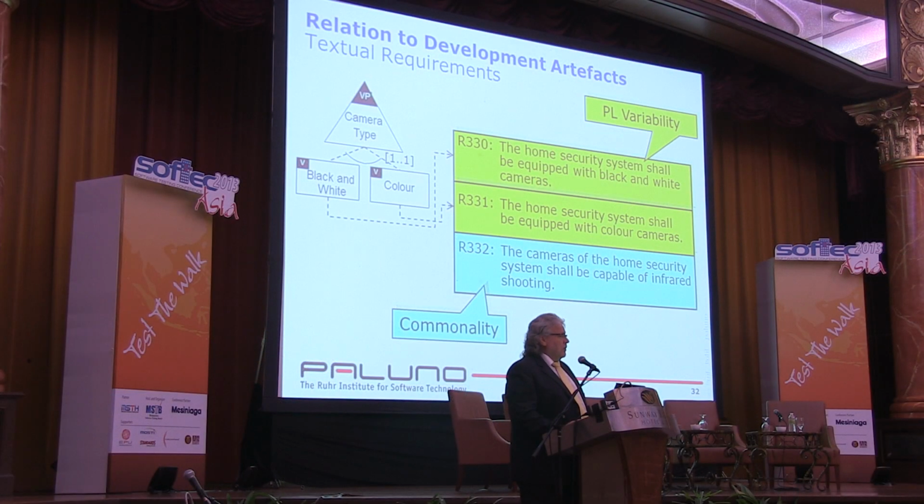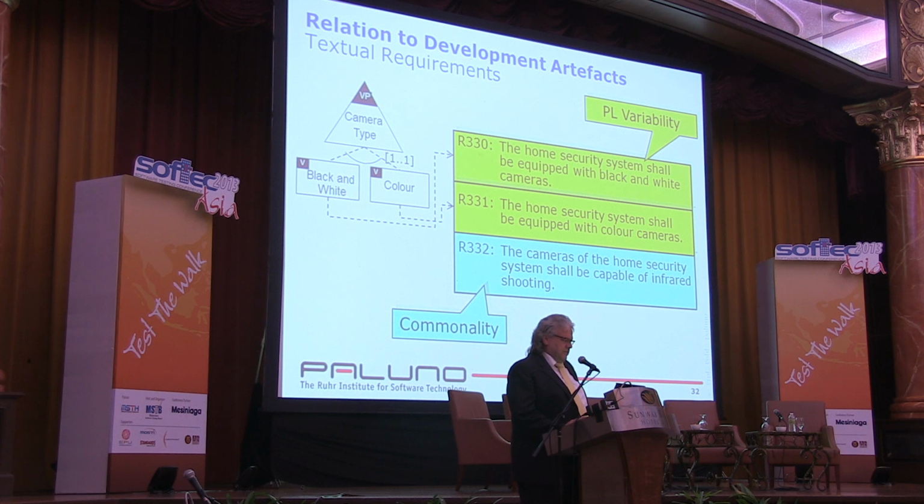So, for example, the black and white to 330, the color to 331. And by doing so, you have identified what can vary in the artifacts, namely the requirements 330 and 331. And implicitly, you have also identified what cannot vary, so what is the commonality, namely all the requirements which are not related to any variance in your variability model. So by simply assigning the variance to the development artifacts, you identify in the artifacts what is variable and what is common. If you change the variability model, of course the association changes, and thereby it changes what can vary and what cannot vary in terms of requirements, but also development artifacts.